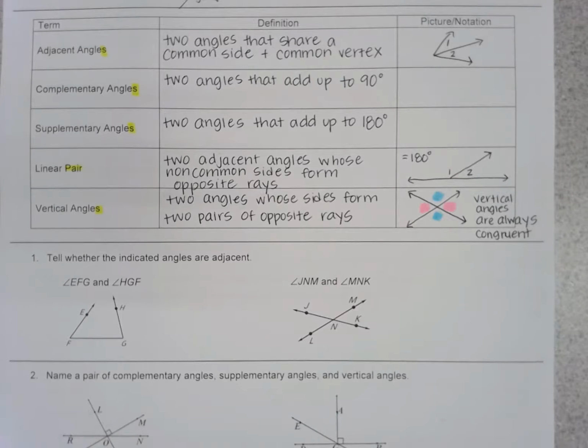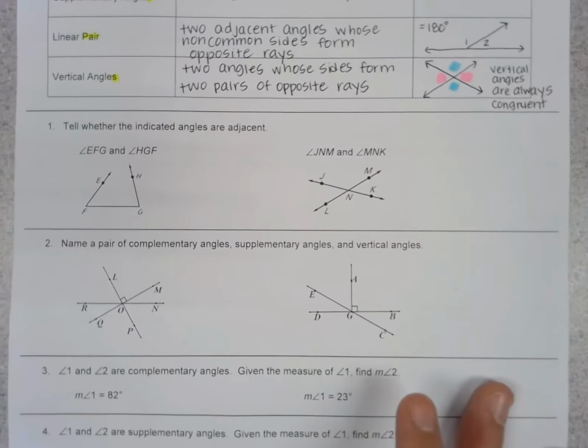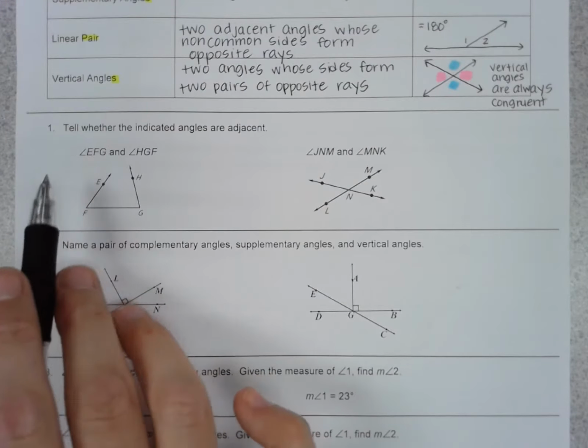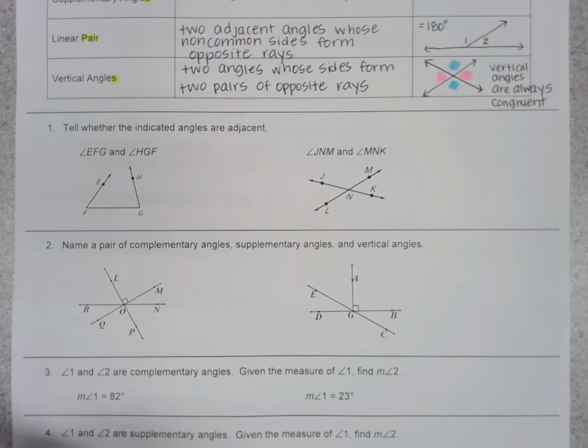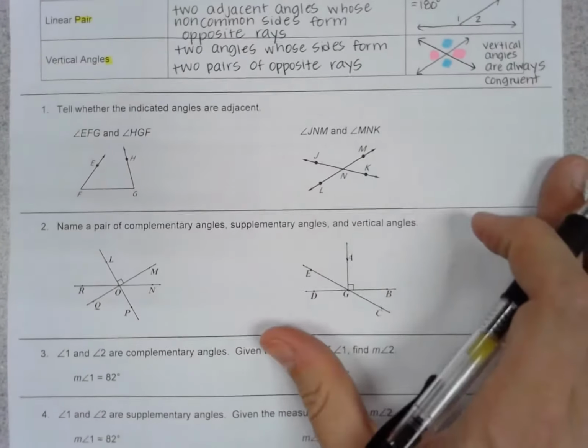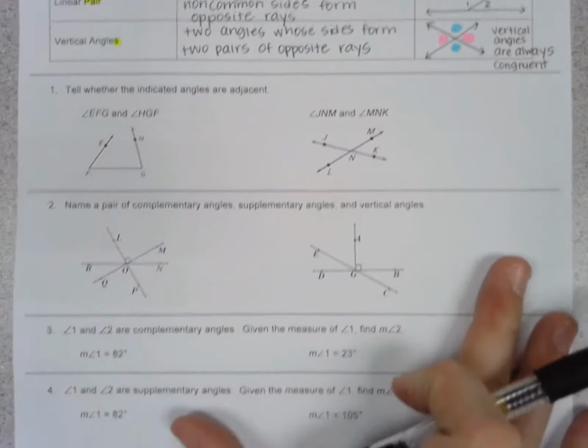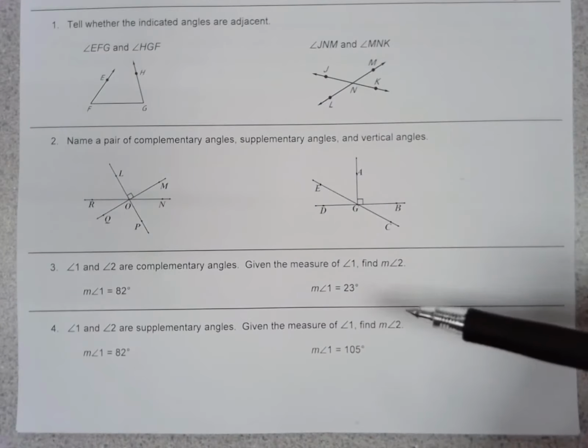So that's good for me to mention now while we're practicing with the definitions. And then we're going to keep going with the rest of the notes with some examples. So these questions that we're going to do next ask us to say whether the indicated angles are adjacent. This one wants us to say whether they're complementary, supplementary, or vertical. And then the ones down here ask us to